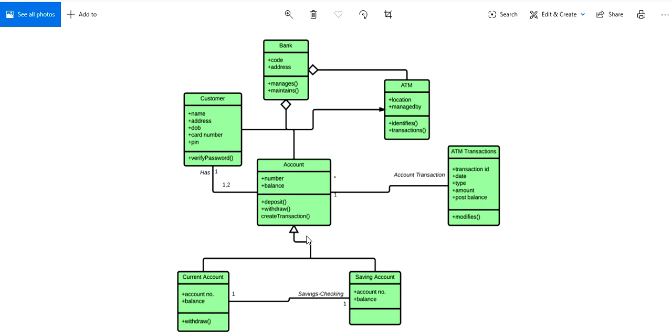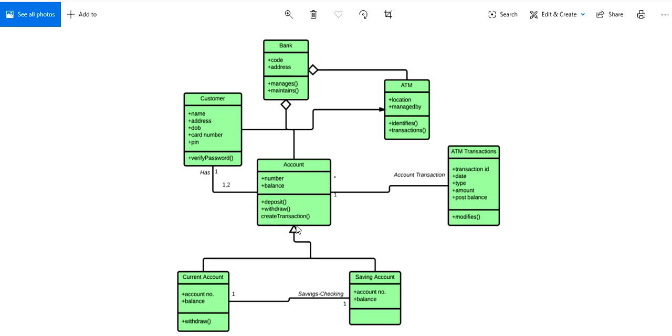Now based on the object oriented methodology or paradigm, we know inheritance, where a class inherits features of other classes. So this current account and this savings account are the children of this account class. We represent it with this symbol.